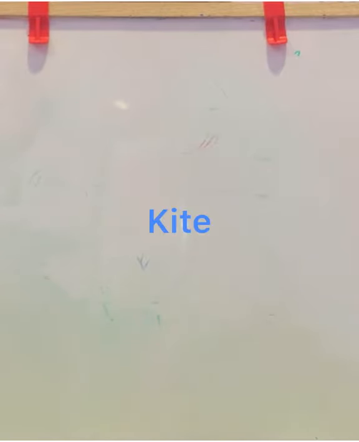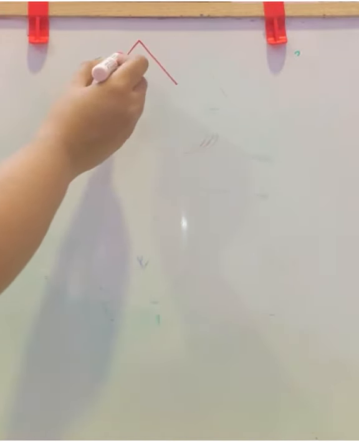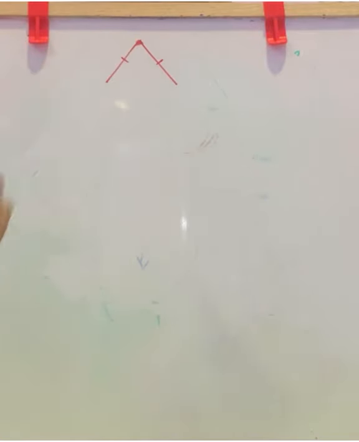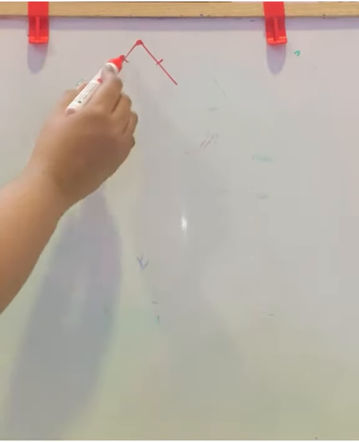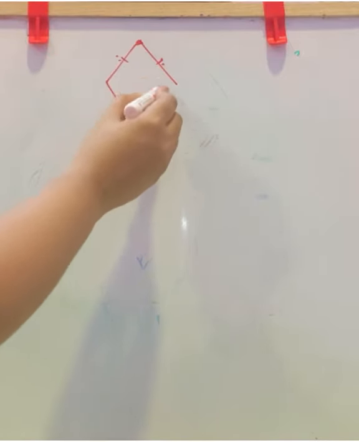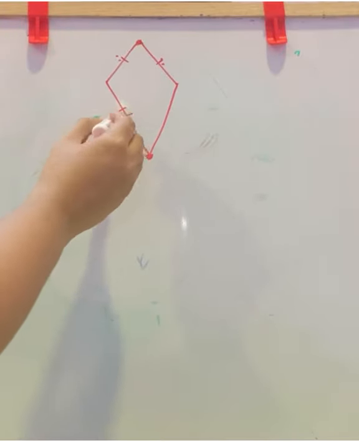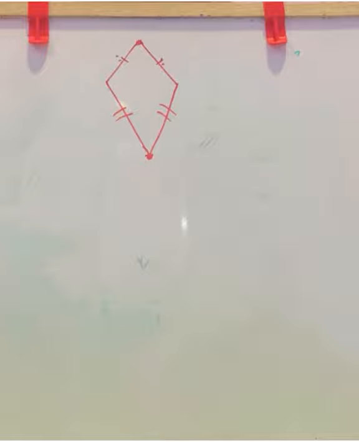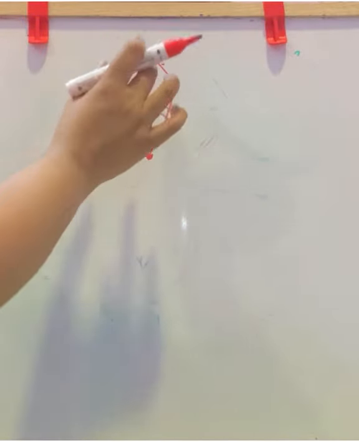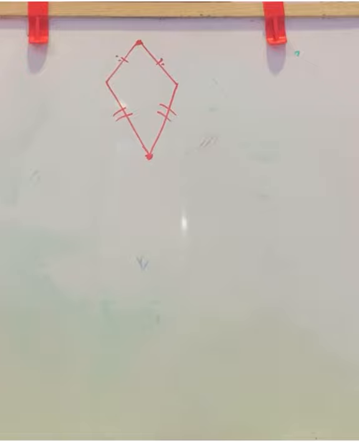Next figure is kite. You are familiar with kites. Now, what is the property of a kite? Kite has four sides. There are exactly two distinct consecutive pairs of sides of equal length. Consecutive pairs, that is, they are sharing a single point, that is called consecutive pairs. These lengths will be equal. The other consecutive pairs are this pairs. They are sharing this point in common and their length is equal. This figure is called kite. So kite has two distinct consecutive pairs of equal lengths.